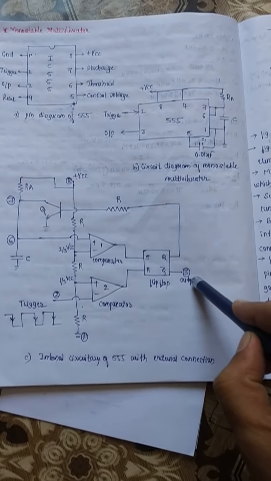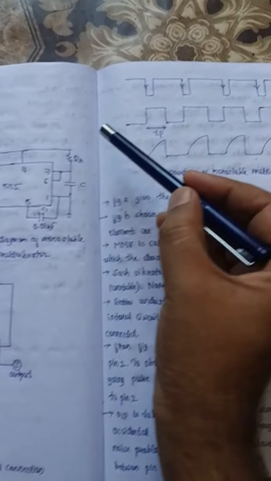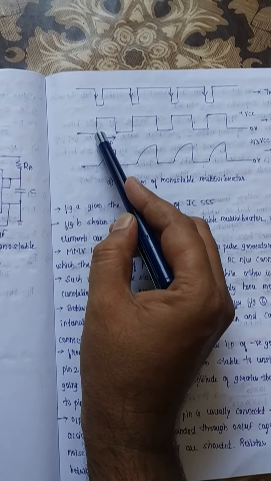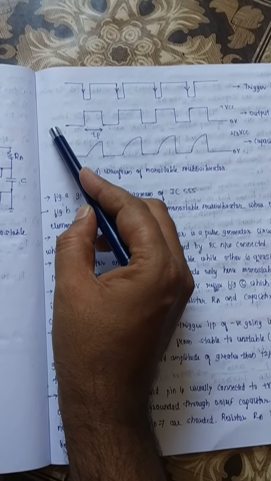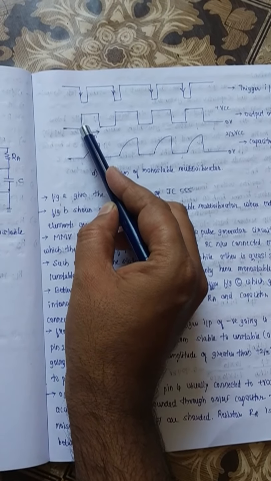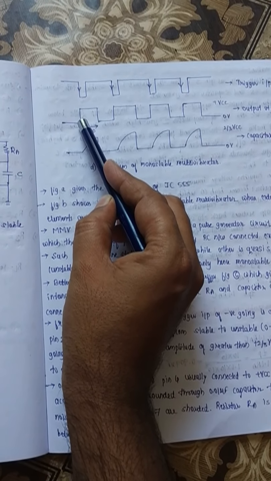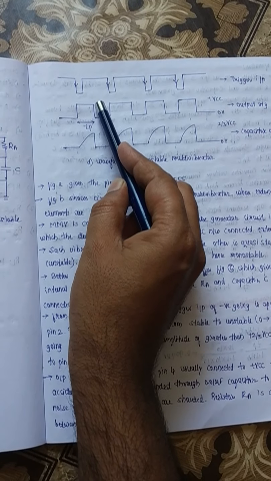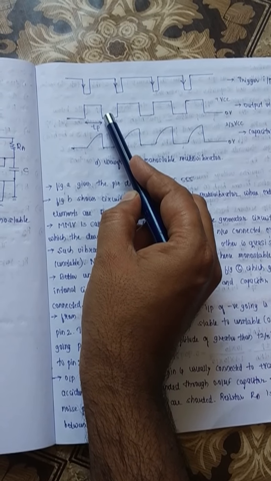Monostable in the sense the output has only a single stable state, so that will be low, and the unstable, so high output, is called quasi-stable. So always the monostable is in the stable state, in the sense that will be zero level, and the unstable in the sense that is quasi-stable, so that is the high, that is a 1, we can say as a positive 5 volt or a positive 1 volt.